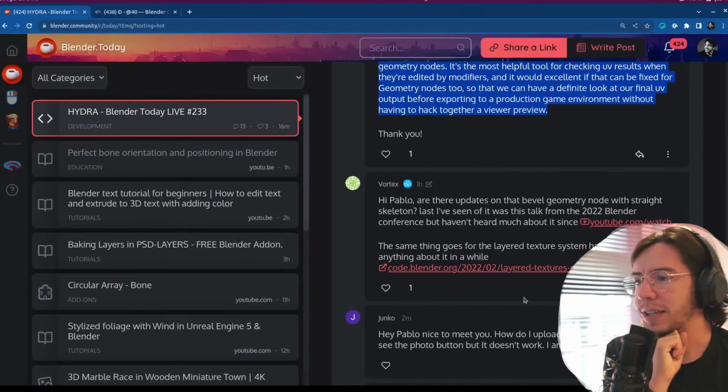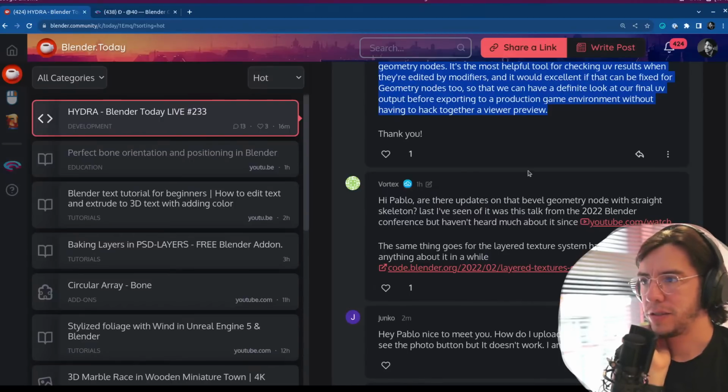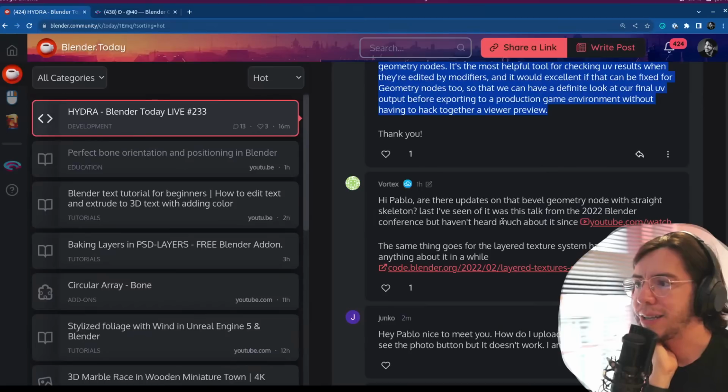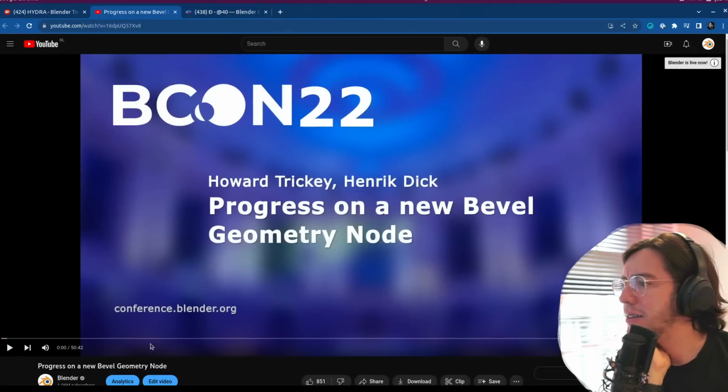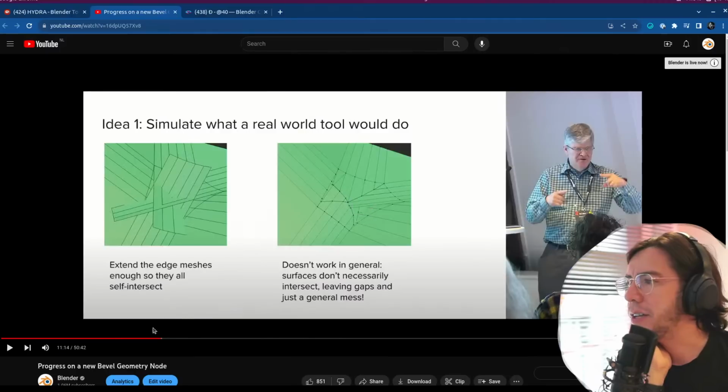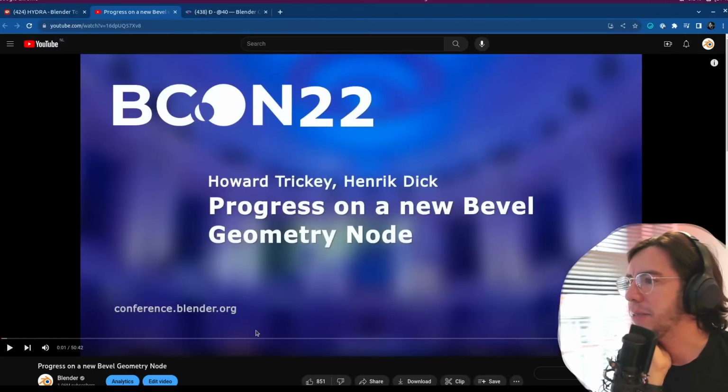And last but not least, hi Pablo, are there updates on that bevel geometry node with straight skeleton? The last I've seen of it was what? Geometry node, straight skeleton. Oh, bevel geometry. No, unfortunately not. Unfortunately, Howard,